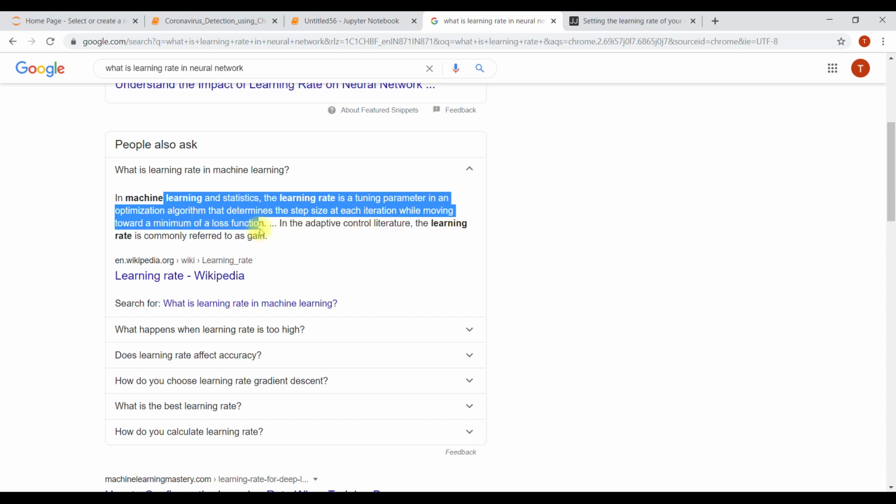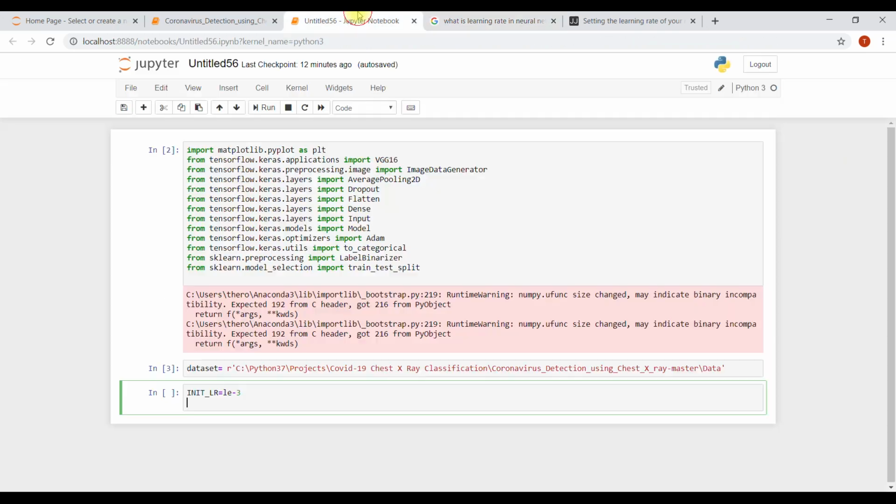In beginner's language, it is the speed of learning. That's what a learning rate means, how fast or slow it's learning.